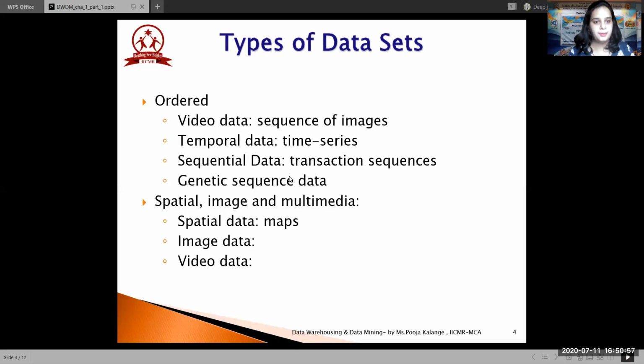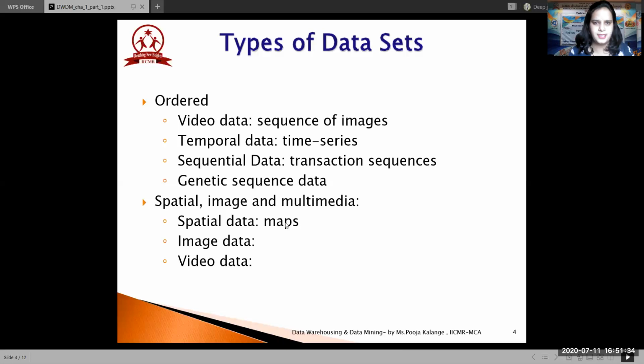Now the fourth type of data set is the spatial, image, and multimedia data. Why is this another category of database? Because these normally consume a larger amount of data space. So you typically need data types like CLOB and BLOB, which you've already studied in your database management system. Spatial data is GPS, GIS, or map-based data. That data is termed spatial data because it gives you the coordinates, the longitudinal and the latitudinal values.